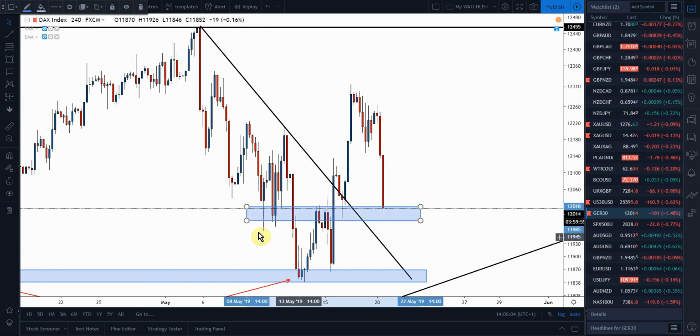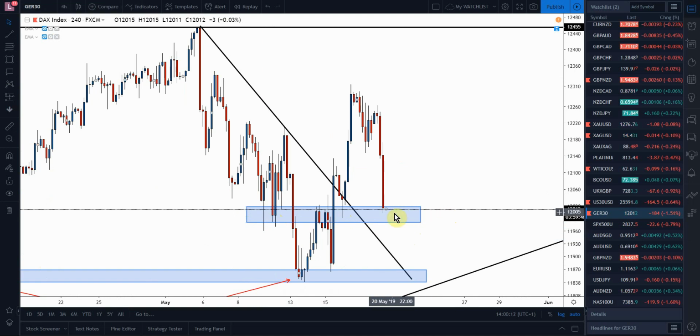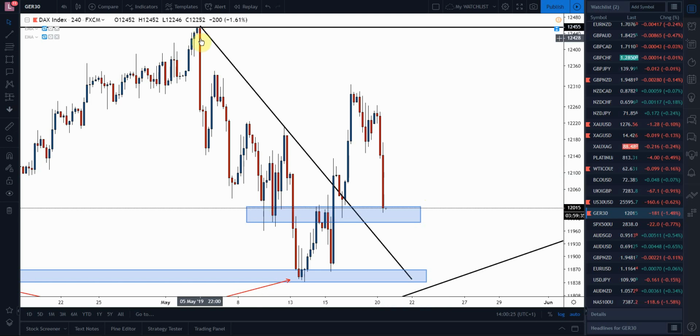anywhere around here really. You can see where buyers came in on this candle, buyers here, so keep your eyes on the DAX. If we get a nice 4-hour buy candle or some kind of reversal pattern in here, great area to buy from. You don't have to be too greedy, just look to trade to this high here. Could possibly go more obviously, but